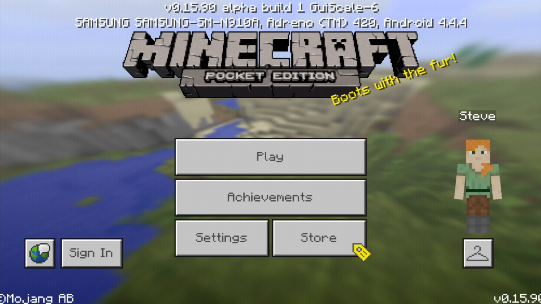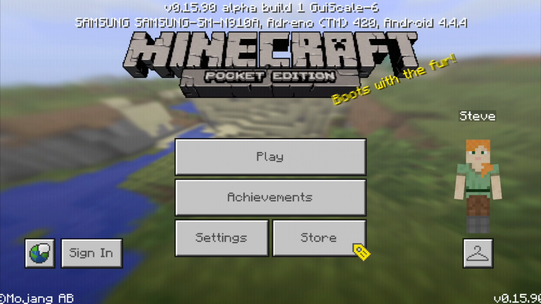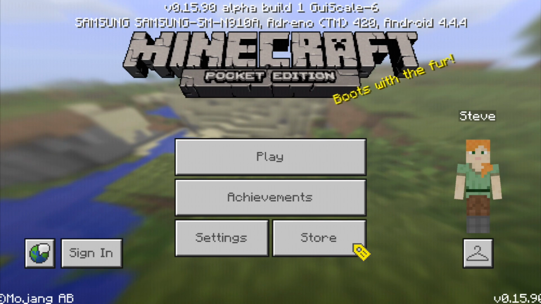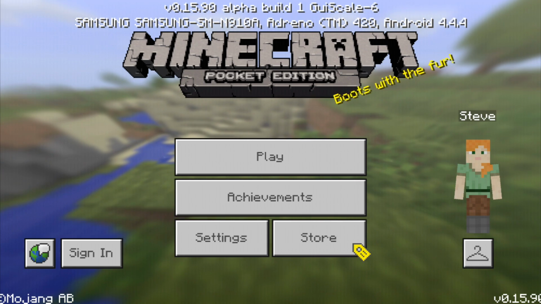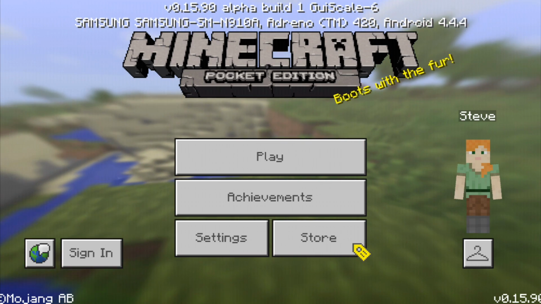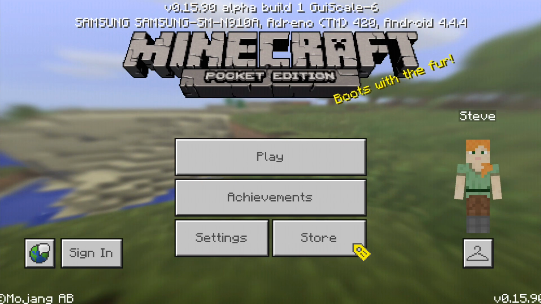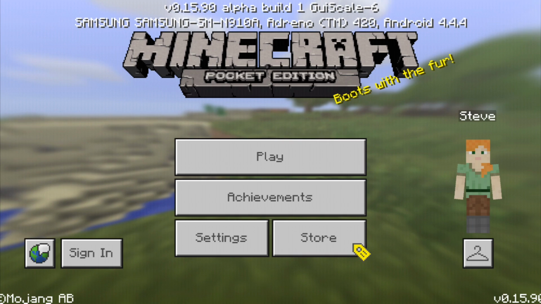Hey guys, so today I'm going to be going over Minecraft Pocket Edition 0.15.9 and giving my thoughts on the new main menu that is supposed to make Minecraft Pocket Edition look more like Minecraft Windows 10 Edition. So this update is a really small beta, but it is focused on making the menus look a little bit better, adding some more features and settings, and just kind of making Minecraft Pocket Edition and Minecraft Windows 10